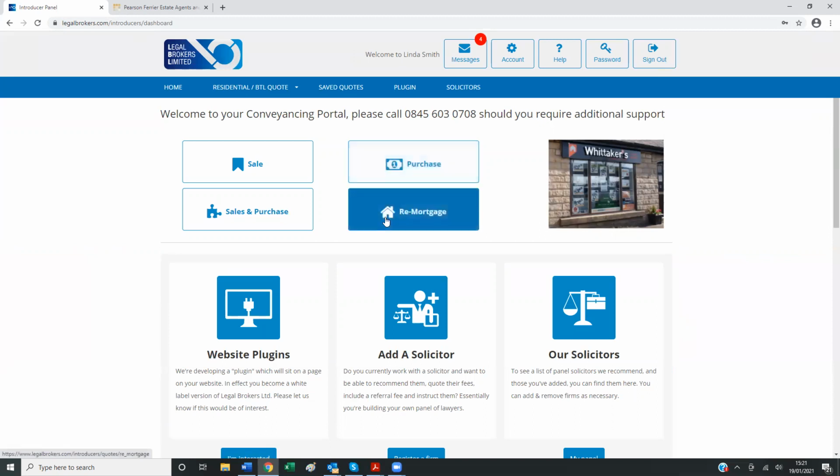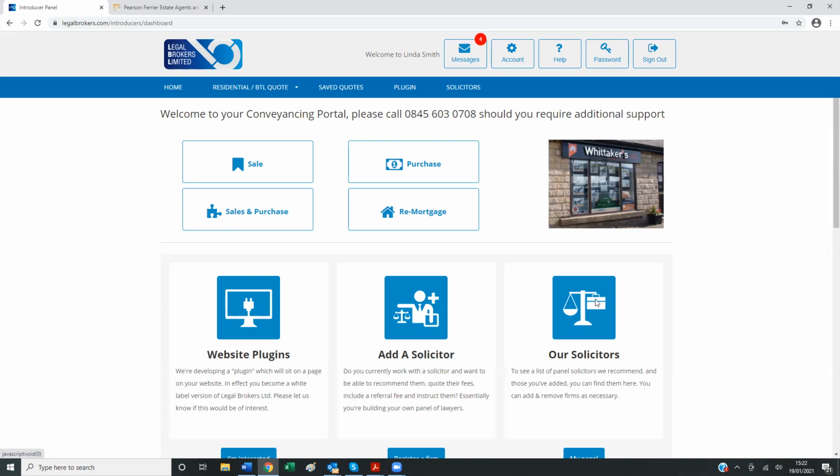So in this situation, the estate agent can add a plugin to their website, which we've still got to tweak a little bit, or they can add a solicitor. In this situation, the estate agent or the broker is the hub, is the driver here. So they may say, as an estate agent, we've got X, Y, Z solicitors that we're happy with, and they can nominate them to go on their panel. This is the panel list, which I'll get to later on.